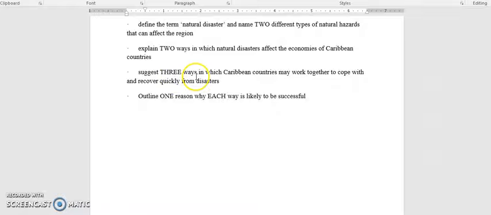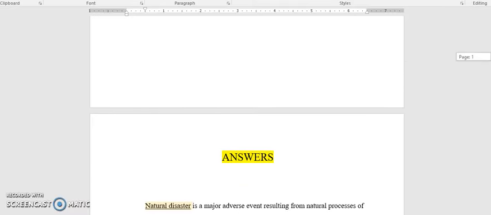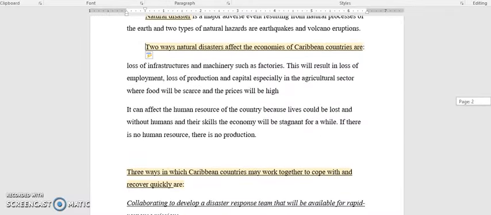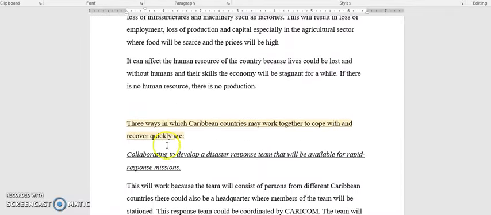Suggest 3 ways in which Caribbean countries may work together to cope with and recover quickly from disasters. Outline 1 reason why each way is likely to be successful. All right, let us go back down to my essay. So this is my 3rd paragraph. 3 ways in which Caribbean countries may work together to cope with and recover quickly from a natural disaster are